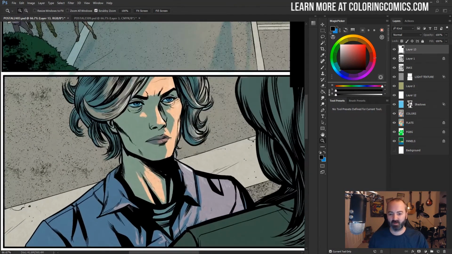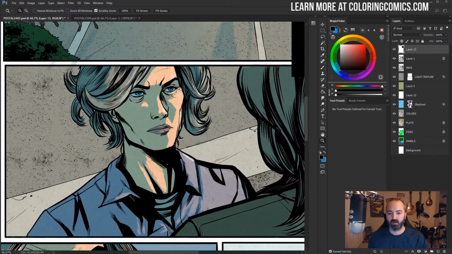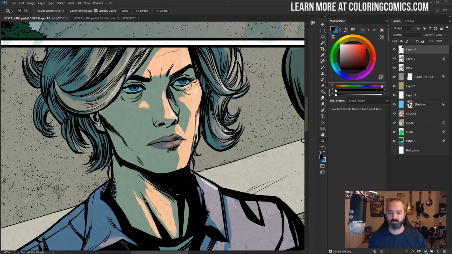So what would I do in a more subtle way? Now I'm going to pick the same area, or a similar area, because in reality that shadow is going to be getting bounce light from all over the place, from the ground, from the sky, from the surroundings, all these different things. So I'm just going to think about selecting areas that are generally opposite of the main light source. Same thing kind of applies here. I'm going to grab this left side again,